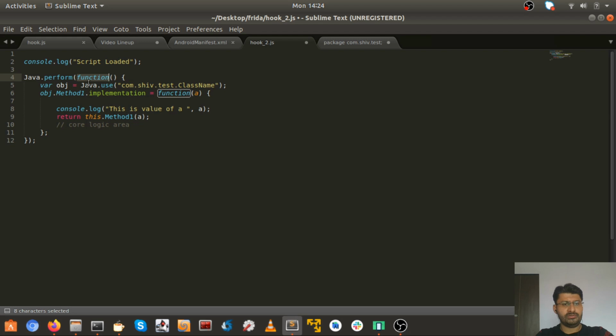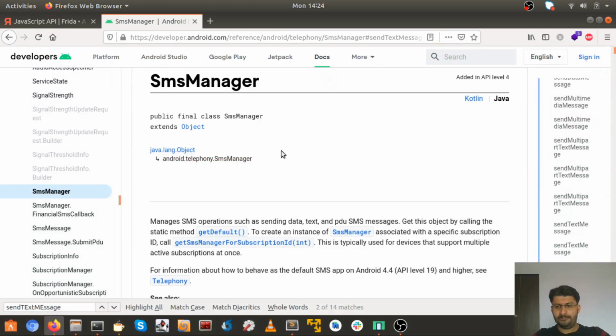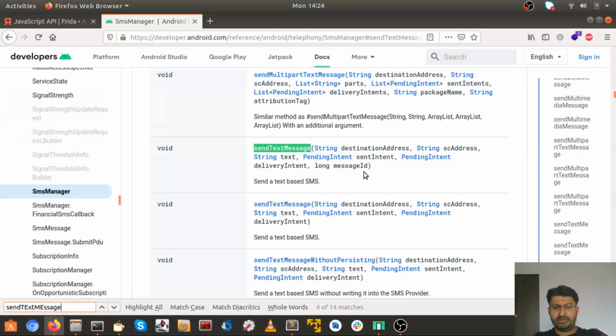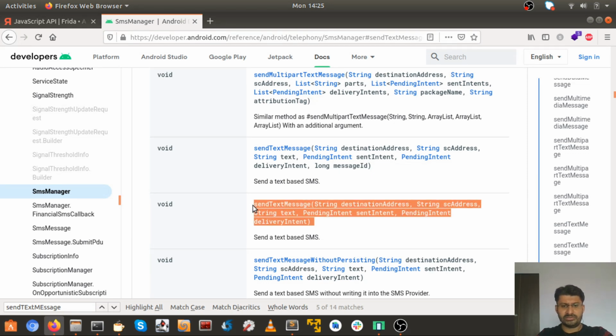So perform function variable object, or say here we'll be using this as our required class. Now understand, inside this class is the method that we require. In here it was method 1, but here we will be needing send text message, and if we find this is the newer version, we can go ahead with this send text based messages. You can go ahead with this or this, it's up to you. But I have used the implementation of the method name without message ID, so this is the required thing.